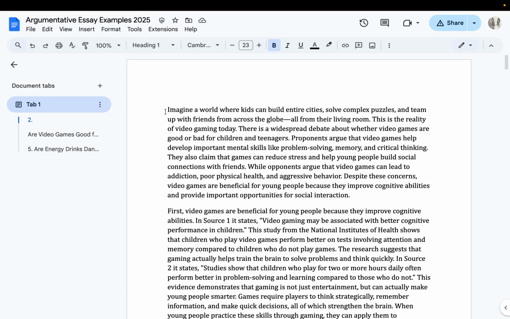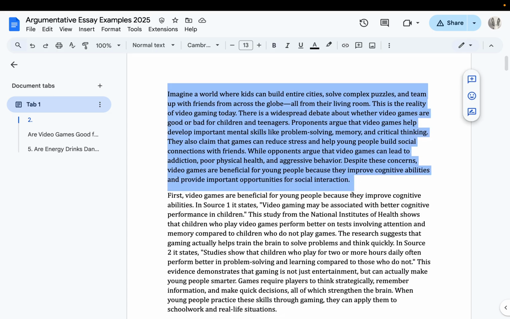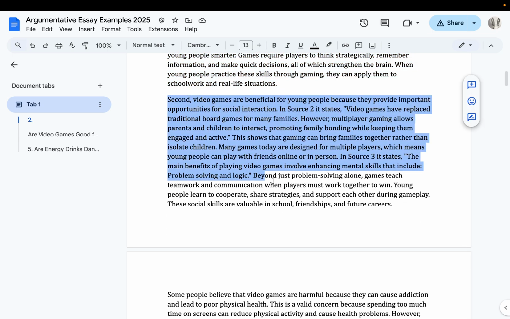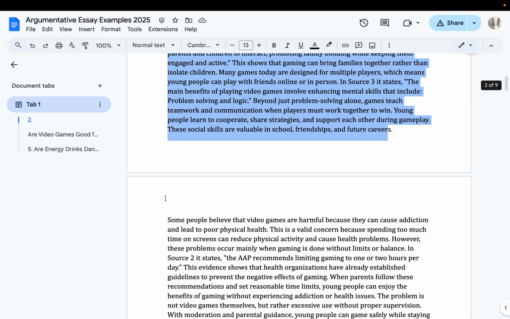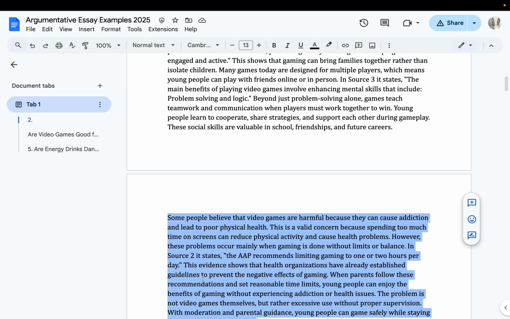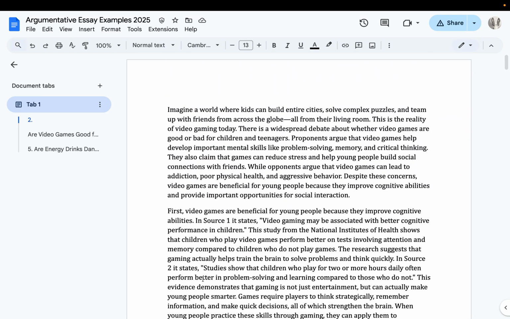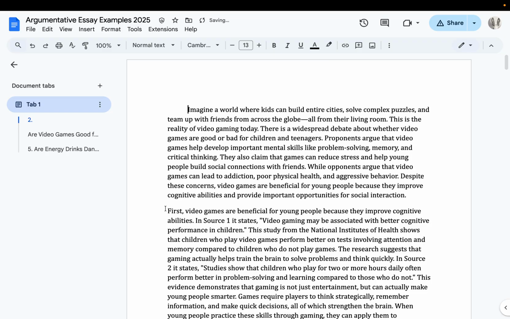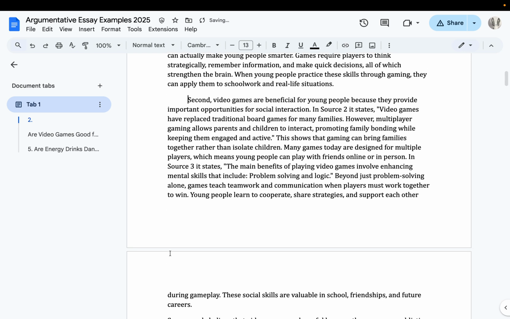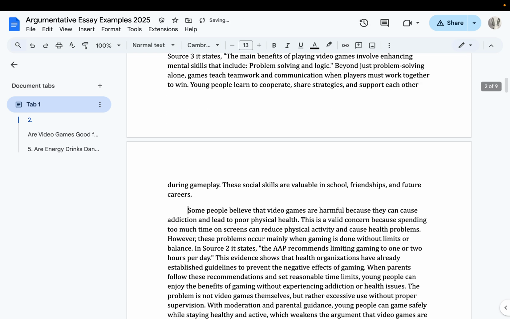So the first thing I want you to know is that there's going to be 5 paragraphs. 1, 2, 3, 4, and then the 5th one. Okay, so your paragraph must look like this. One suggestion is if you can indent the first line of each paragraph, that'd be even better. It makes it really stand out as 5 paragraphs.